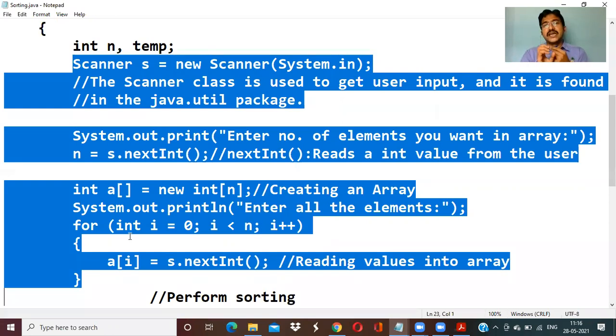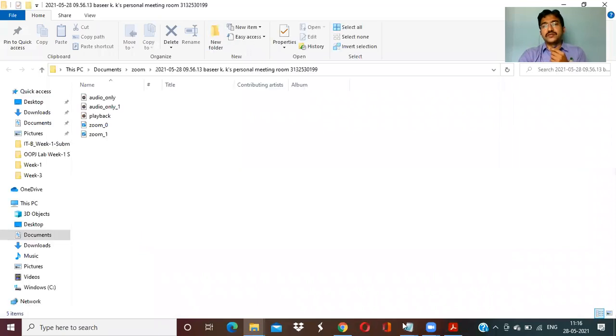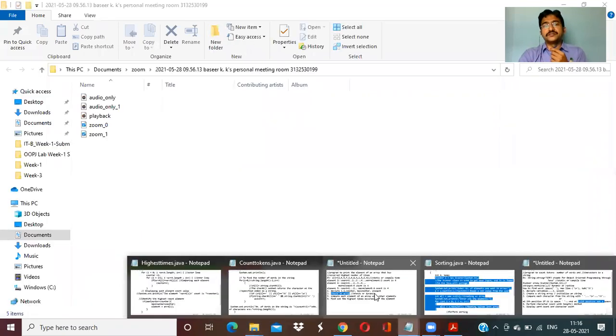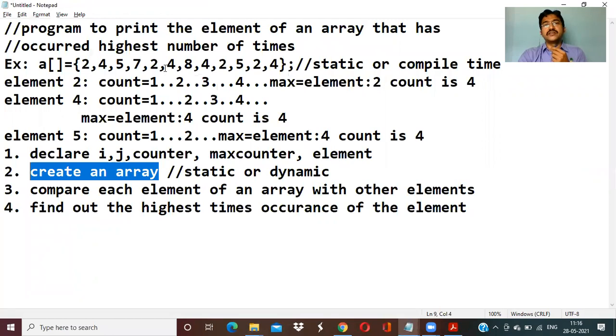This is creating an array in a dynamic way. Static means directly giving the values there itself, declaring and initializing, and instantiating that.